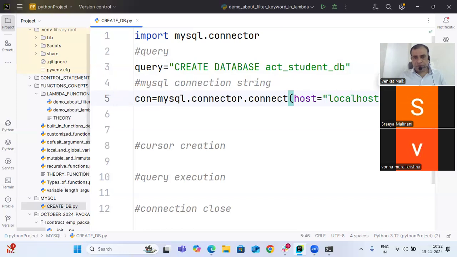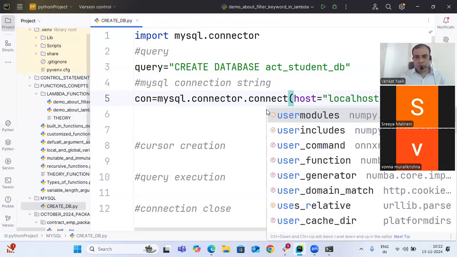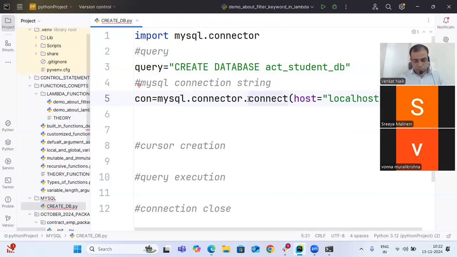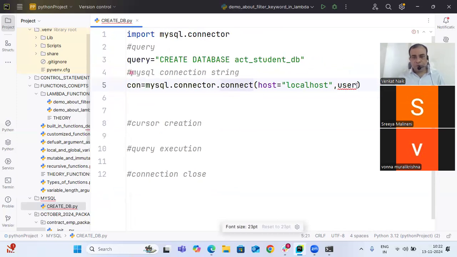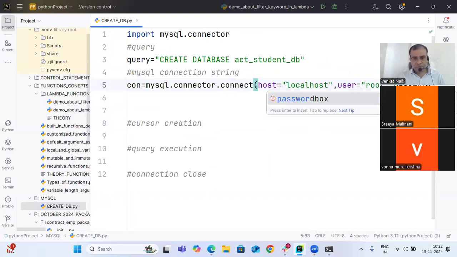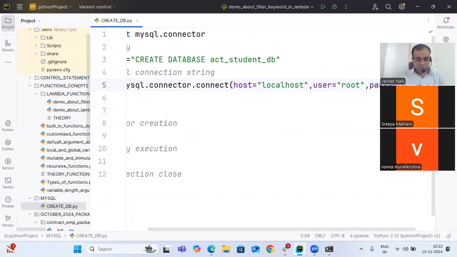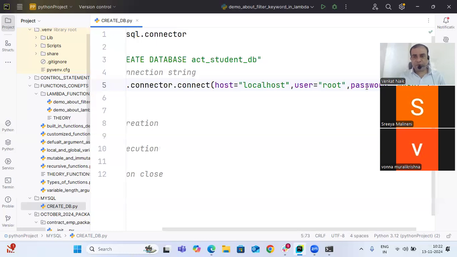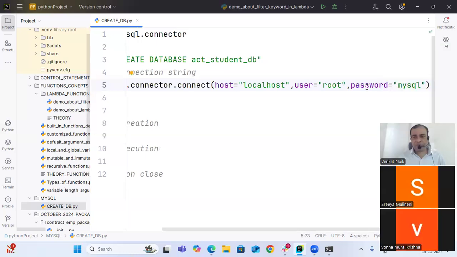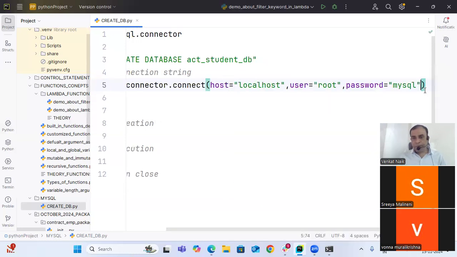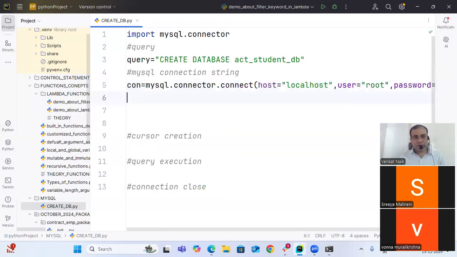Okay. Next is the user. The user is nothing but the MySQL admin. Who is the admin? For my system, root is the admin. For you also, the same thing. Then the password is MySQL for my system. For your system, whatever password you have created is up to you. Okay, so once it is done, the next line is that